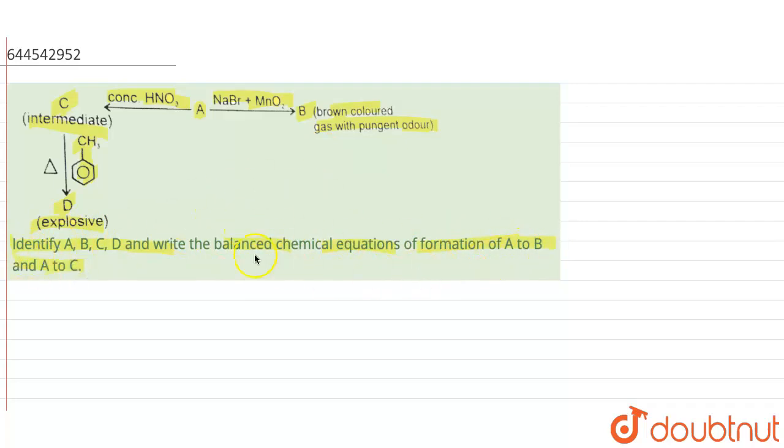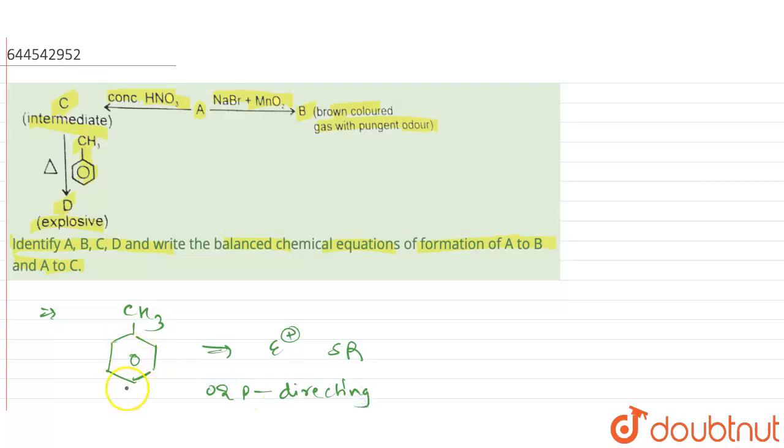So for first A to B, we'll see what is happening here from A to D. Let's see what is there. There is a presence of first organic molecule which is given to us, a toluene molecule, right? So toluene is undergoing electrophilic substitution reaction. That is the general description of a benzene molecule, right? The benzene molecule is always going to give electrophilic substitution reaction. So what will happen? This CH3 is an electron donating group. So electron donating group means it will be ortho and para directing. So any electrophile which is coming will come and attack on the ortho and para position.